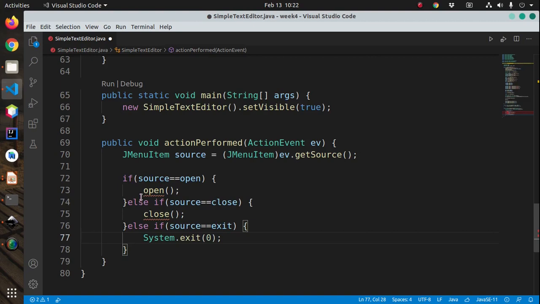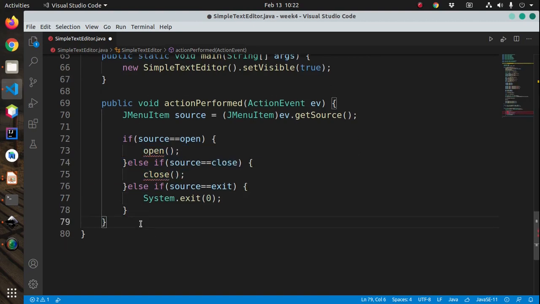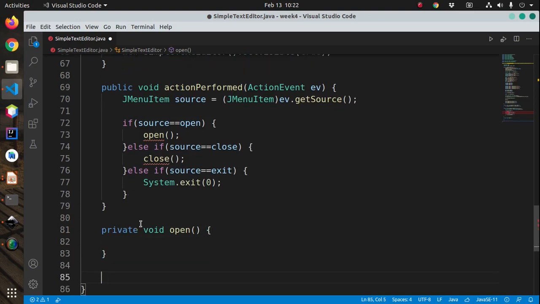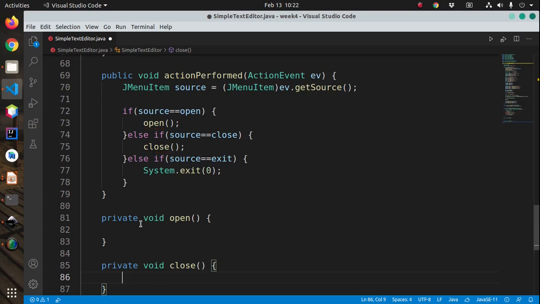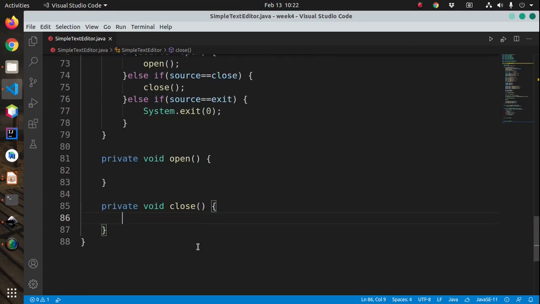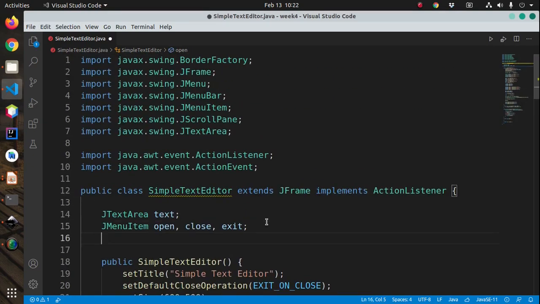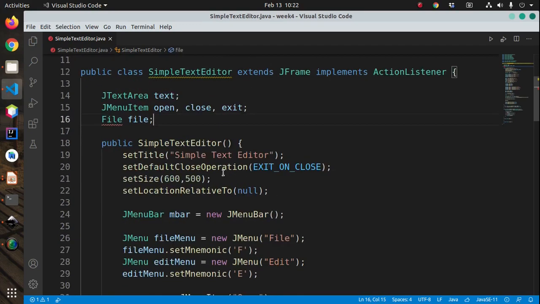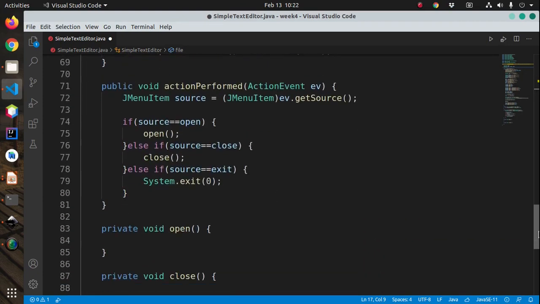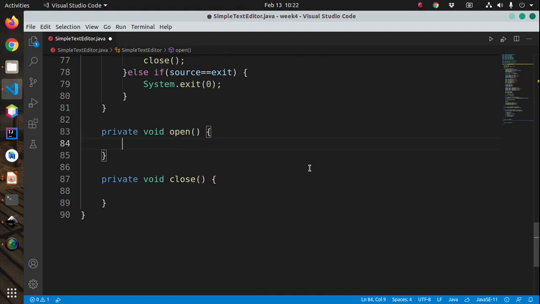Now let's add these two methods here. We'll have private void open and private void close. For this to work, we are going to add a file into our properties. All right. Now let's code our open